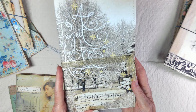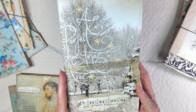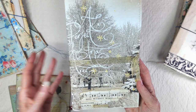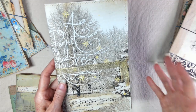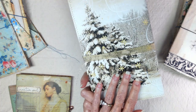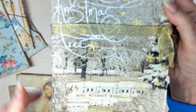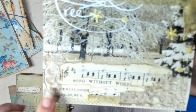If you've been following me, you probably know that I like to tell. My imagination just does it on its own. I don't really try. A story emerges, and then I make decisions for what papers to choose and stuff like that from the story itself. So this sheet of paper is from the Paper Cameo, and I added in their Christmas Pretty Kit, I think it's called, and then I added this,